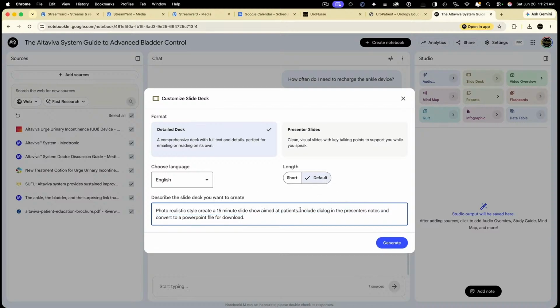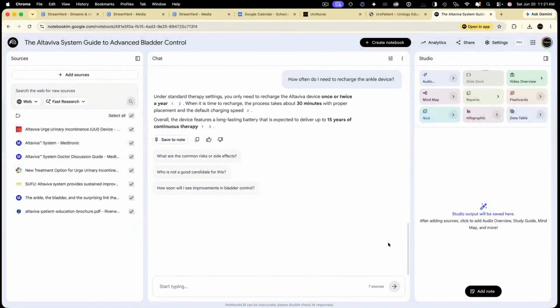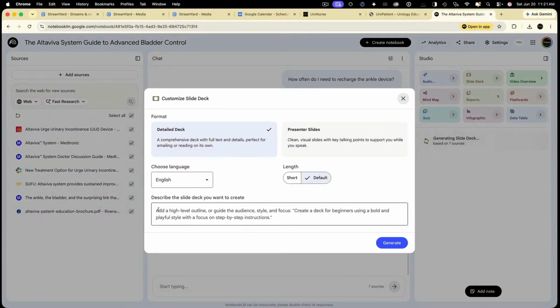Again, aimed at patients. I'm going to take this "include dialogue" out because I just want to see what it's going to come up with. And we'll start there. Now, at the same time, I can go ahead and do the same thing and get a couple versions of it. Photorealistic,